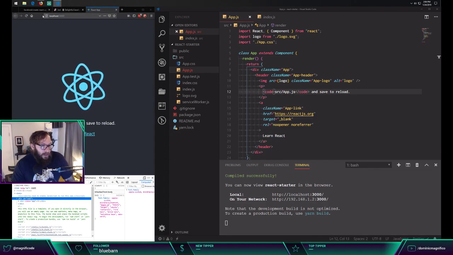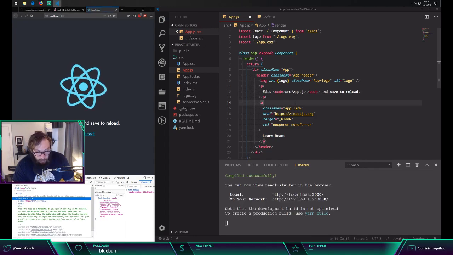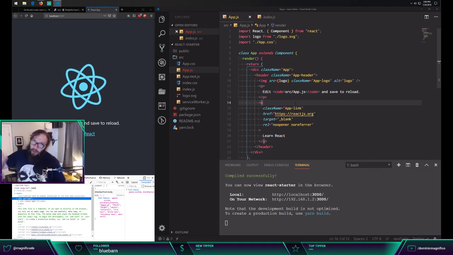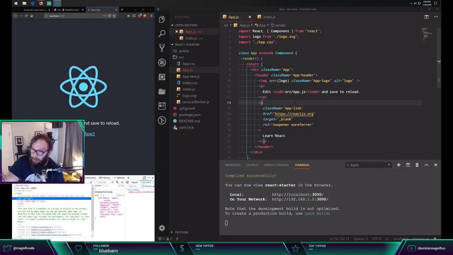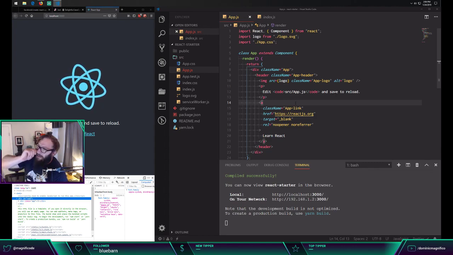So as we see the loading bar come up and everything and the page flash a little bit, that's an indication that it's not doing hot module reloading. So a little bit of an annoyance there while you're developing a full scale application, something to keep in mind. In addition to that, Create React App out of the box does not handle things like